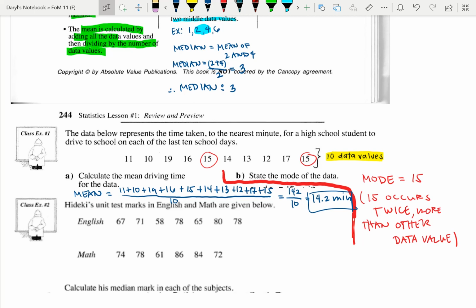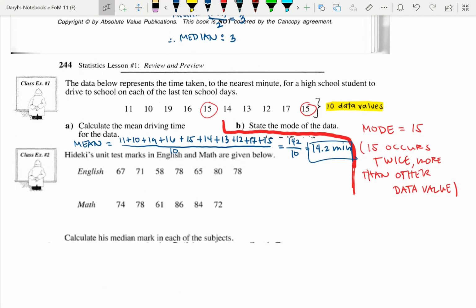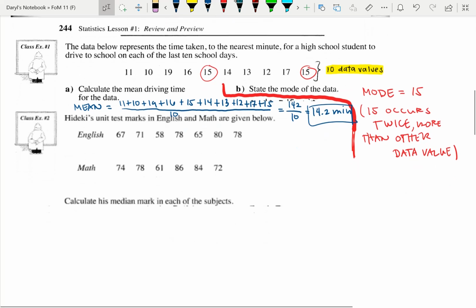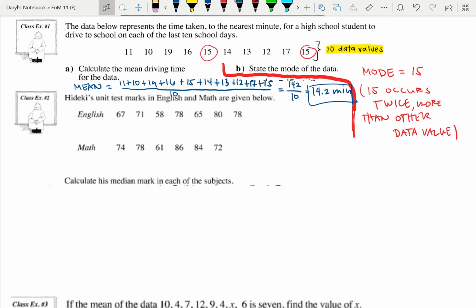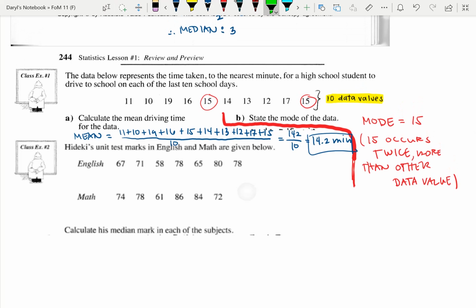Okay, so let's move on to example number 2. Hiddeke's unit test marks in English and math are given below. So for English, you have 67, 71, 58, 78, 65, 80, and 78. For math, it's 74, 78, 61, 86, 84, and 72. So the question is, you will try to get the median mark in each of the